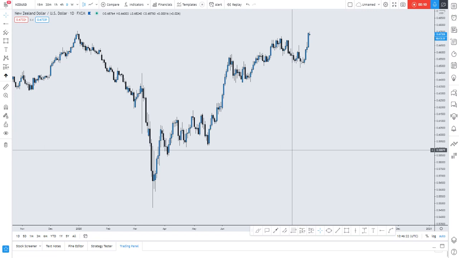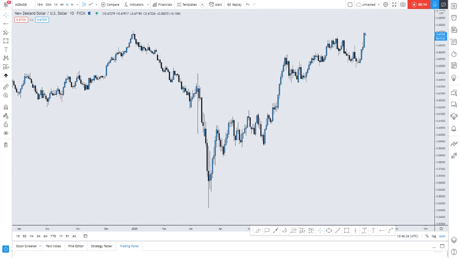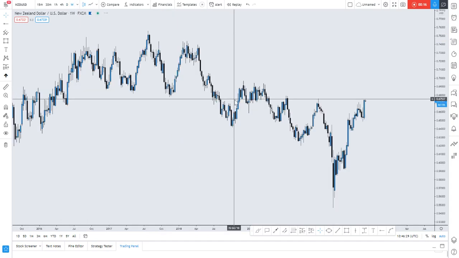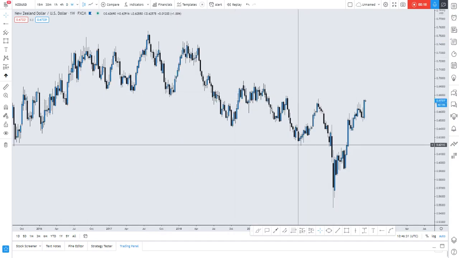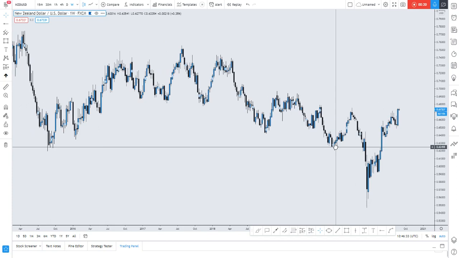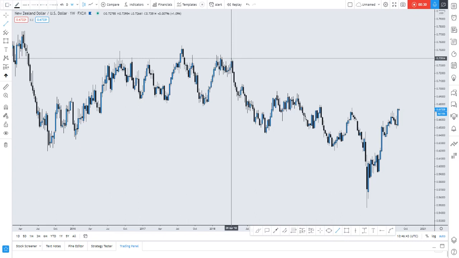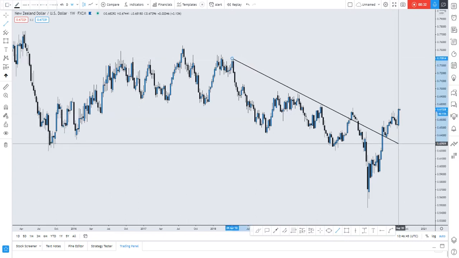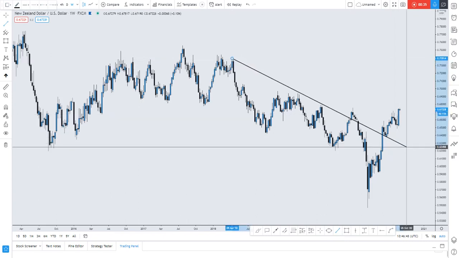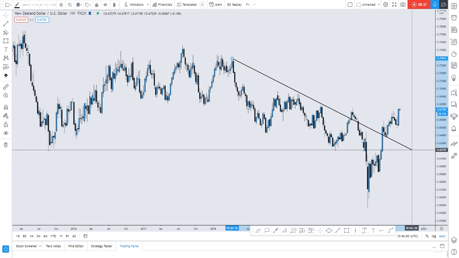So today NZDUSD caught my interest. Let's dive right into it. I'll be looking at it from the weekly perspective, to be quite clear. There's something unusual on this, something I find very interesting on NZDUSD. If I pick a trend line from this level down here, we can see how well